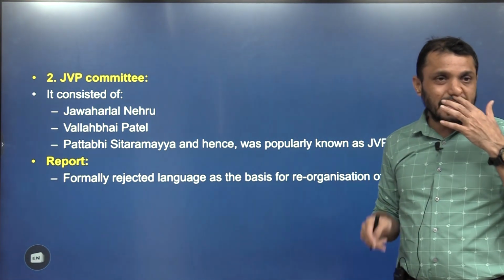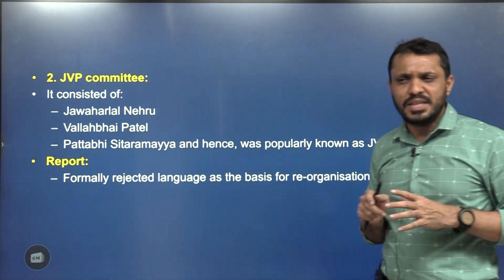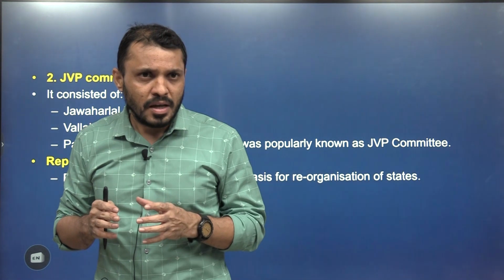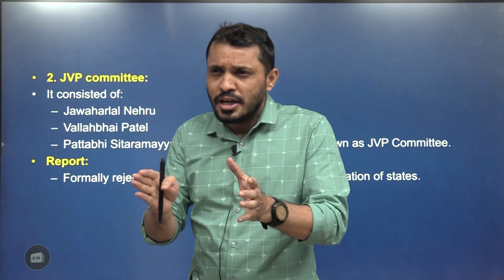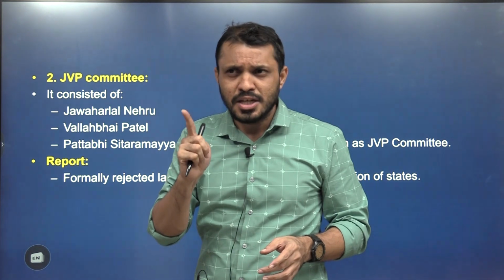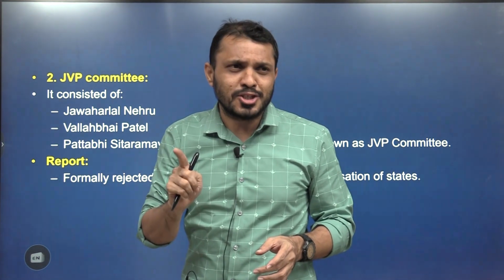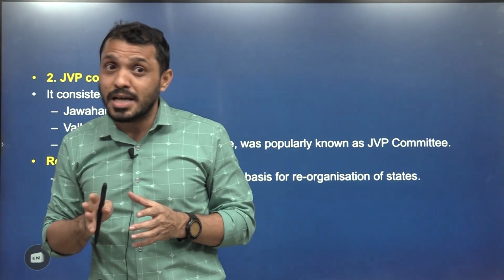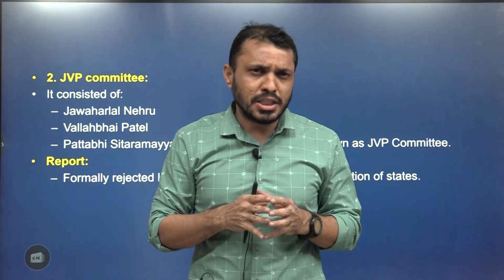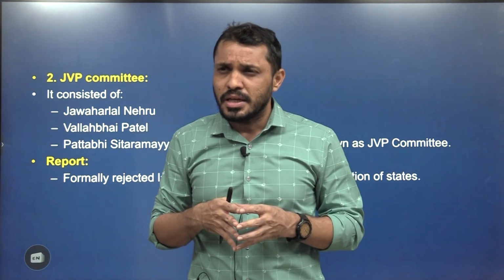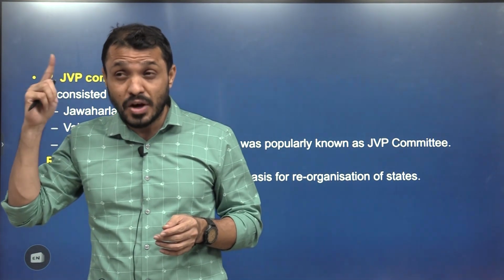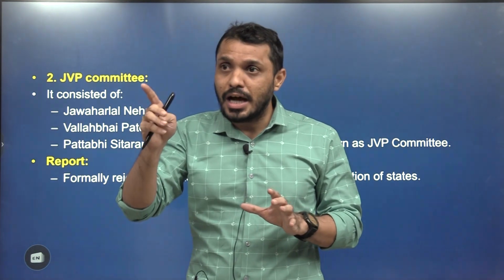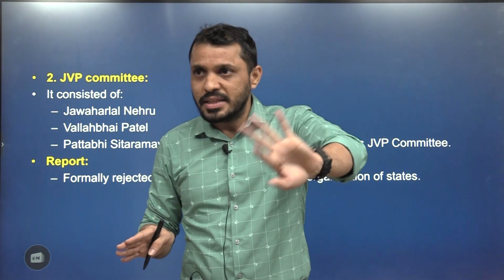Because of this, in 1953, what happened? In Andhra, Potti Sriramulu started a hunger strike, and some of the Andhra leaders decided that they wanted to sacrifice one person. So they identified Potti Sriramulu and convinced him to go for a hunger strike. He went for the hunger strike. At that time, Rajaji was the chief minister. Rajaji used to follow a very strong policy; you might have heard about the Rajaji plan, the CR formula, 1944. Rajaji and the government of India also agreed that Andhra state would be given to the Andhra people.